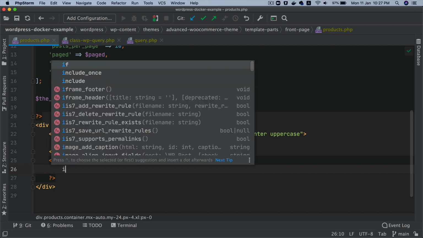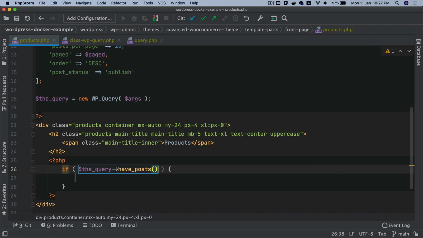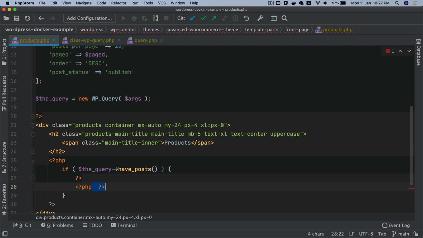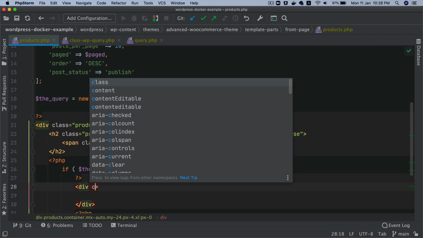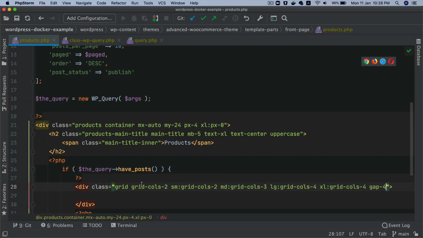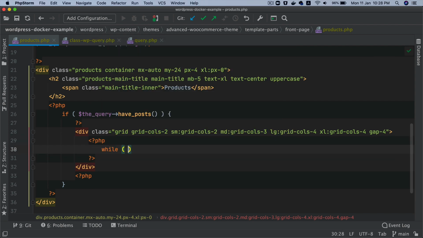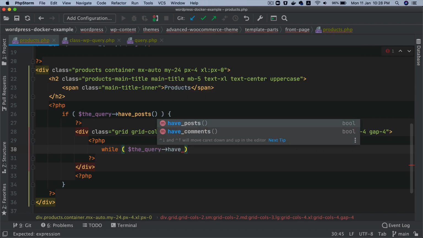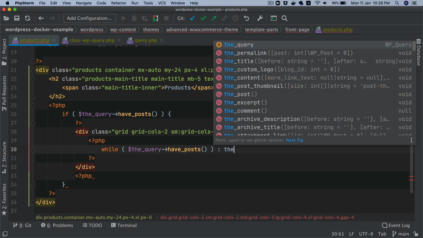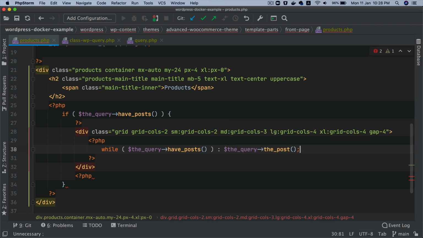So let's do that. So if the query have posts, it's like the regular WordPress loop, except that we're using the query over here instead of just have posts, because it's a custom query that we are making. And then inside of this, we'll say div, and then again I'm going to copy the class from here because I don't want to be typing. So I'll copy the class, paste it here, and the next thing I want to do is inside of this I'll do a while loop. So I'll say while the query have posts, and then the query the post, and then end while,